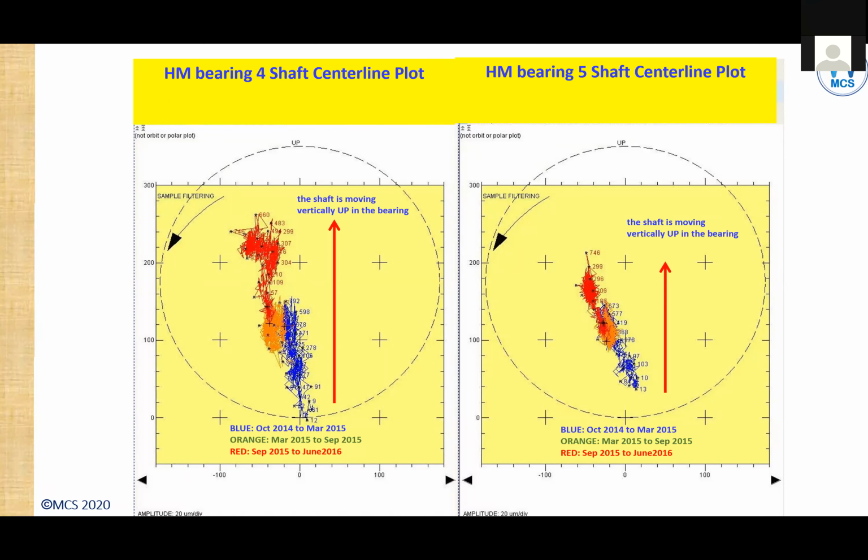So this is about this helper motor where the alignment was changing, and the vibrations were reflecting the changing behavior of the rotor positions. And the reasons for all these things, as I told you, are not the story for us to discuss, but you can understand the importance of these plots. See how much of a wealth of information these plots give us when you are looking at the historical information.